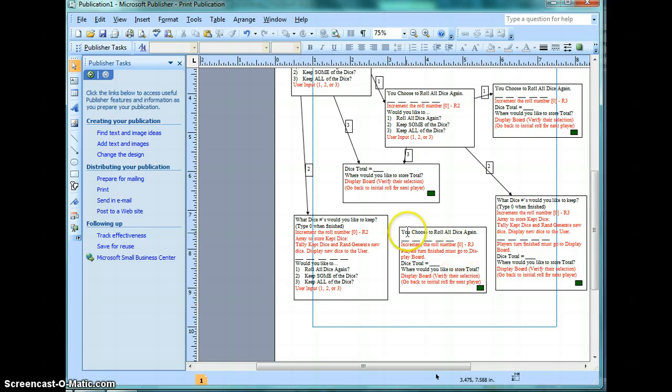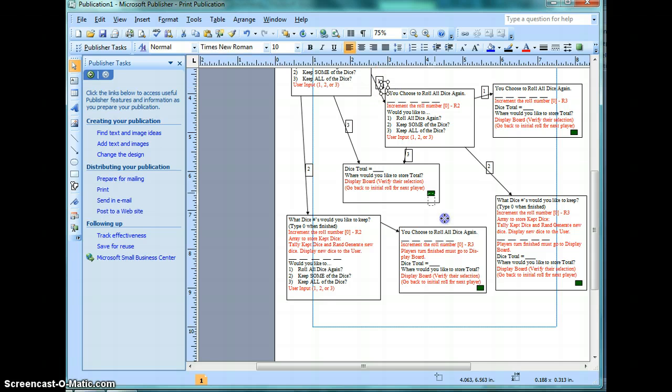And there we go. So how did I get from here? It was actually from this box. Yep, I didn't mean to move the whole thing. So click on the arrow, and that was option number 1. Grab one of these. Then, now that I've rolled all the dice again,